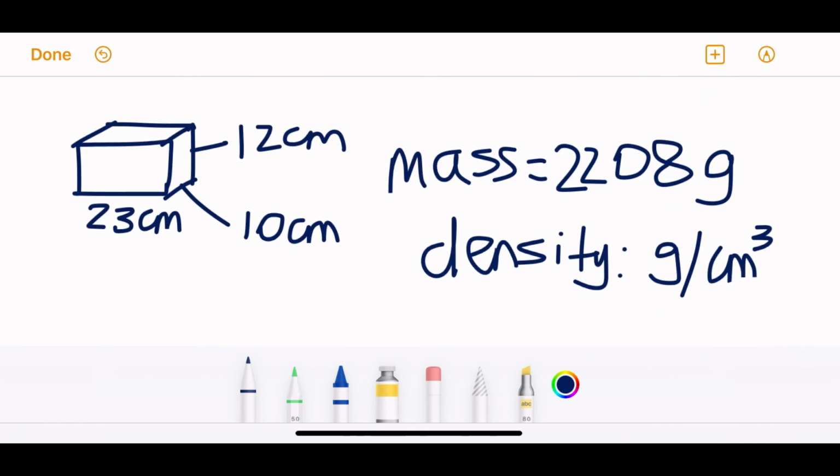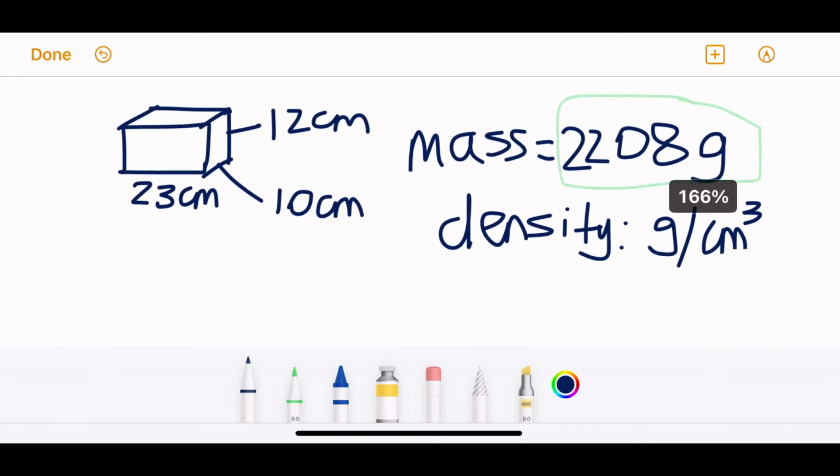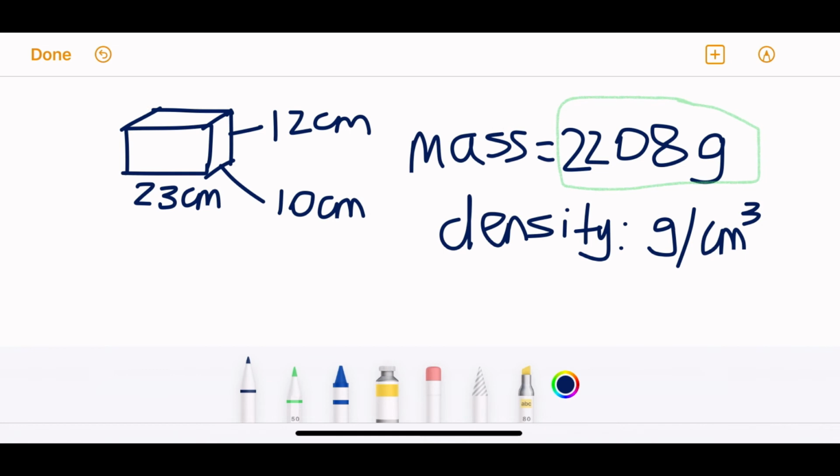We already found a number in grams, which is 2,208. So for sure we're going to use that. And we need to find another number in centimeters cubed. Now the question hasn't made it so easy for us that we can just do the division. We need to find a number in centimeters cubed by ourselves. So that would be the volume of this cuboid. If I multiply these three numbers together, 23 multiplied by 10 multiplied by 12, that would give me a number in centimeters cubed. So I'm going to enter that into my calculator, and I will end up with the number